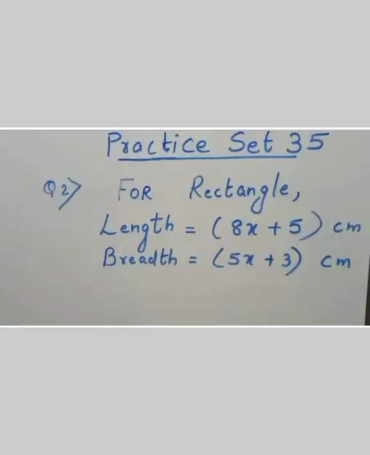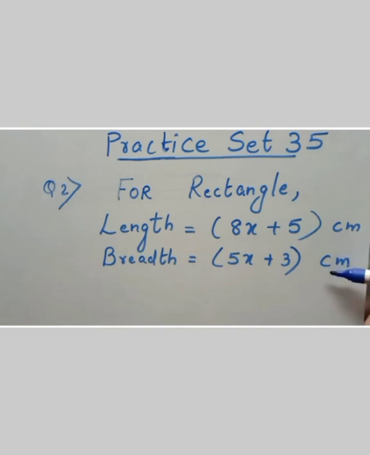Let's see the steps. Now what is given in the word problem? First write what is given to you. For the rectangle, length is given, breadth is given. Don't forget to write the units also. They should be of the same units. This much you have to take care of in a word problem. Read the question word by word and write what is first given to you. Don't forget to write the units.